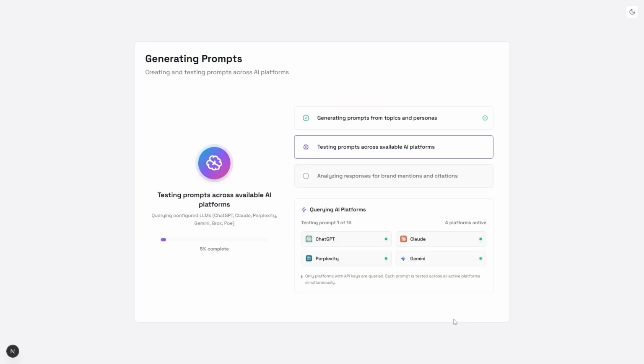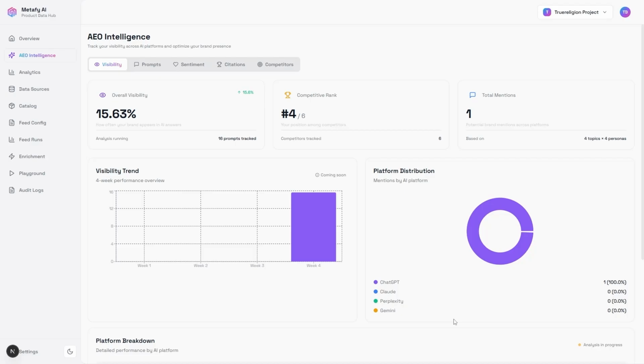After this, it will start generating the prompts from the topic and the persona, and it will start testing out the prompts across all the available platforms which MetaFy AI has. And after the analyzing, it will respond with your brand mentions, the citations, and the visibility rate as well. So once we are done with the analysis, you will be redirected to the AI intelligence page, the dashboard, and